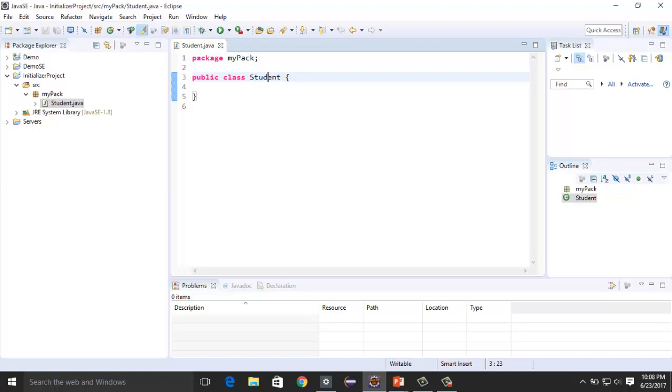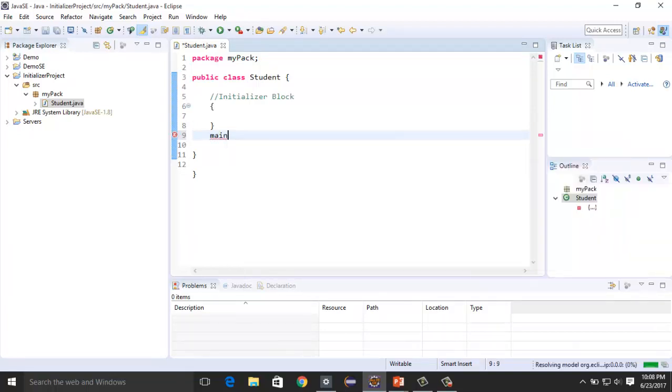So this is class student, and in class we create initializer block by using two braces. That's it. And initializer gets called just after creating object of our main class.